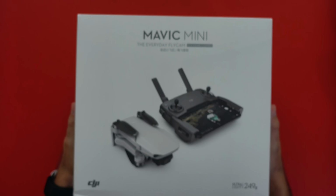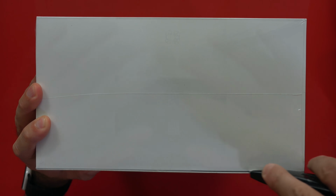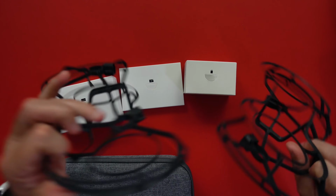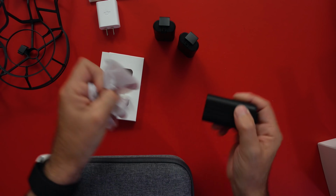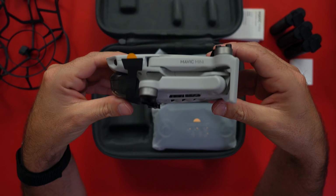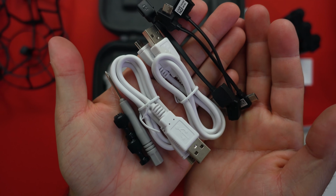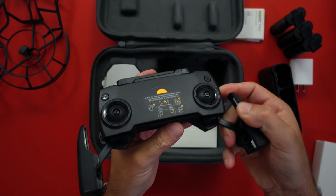And here it is! Mavic Mini Fly More Combo comes in this nicely designed box. Inside the box we're greeted with propeller guards. Please use these if you're new, you'll thank me later. Then, power adapter. Some papers that you should definitely read. 3 2400 mAh batteries, case with the handle on the wrong side, inside the case Mavic Mini, battery charging hub which can also be used as battery charger, cables, extra joysticks, a screwdriver to change the propellers, the remote, and